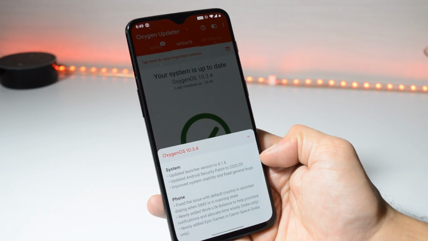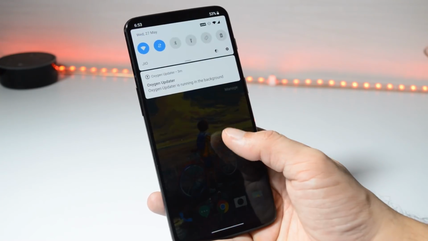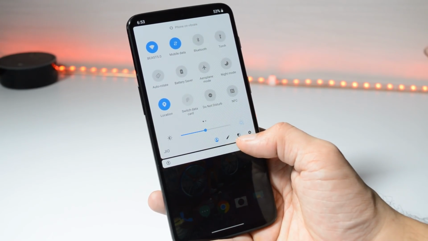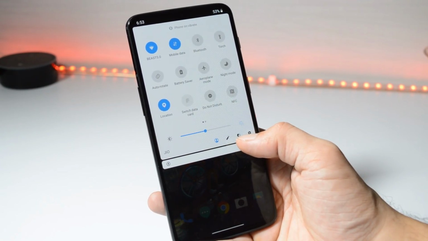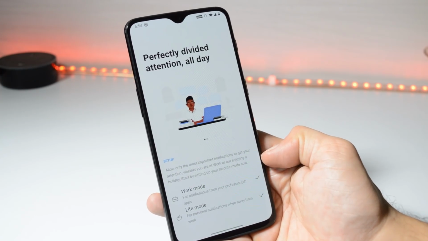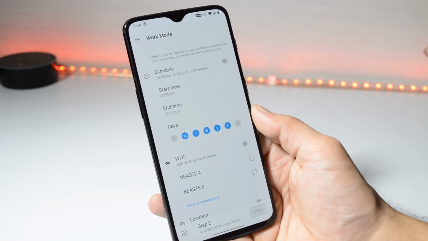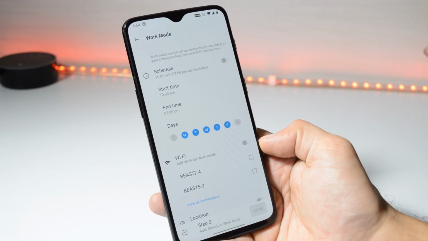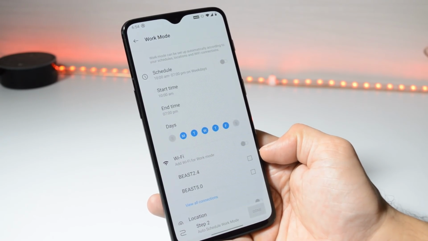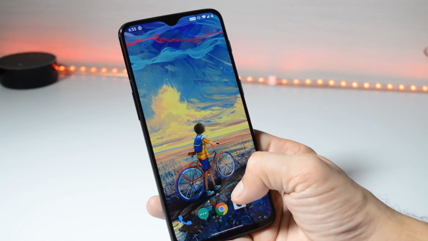Next they have added work-life balance to help prioritize notifications and allocate time wisely. This feature is only for the Indian region. You can see a small icon in the notification panel or the quick setting panel. Tapping on this will open up work mode and life mode. You can select any of these. From here you can manage the applications during your work mode and life mode, where you can also schedule the applications, and we have features like which Wi-Fi to be used during work mode or life mode. How many of you guys use this work-life balance mode? Do let me know in the comment section below.